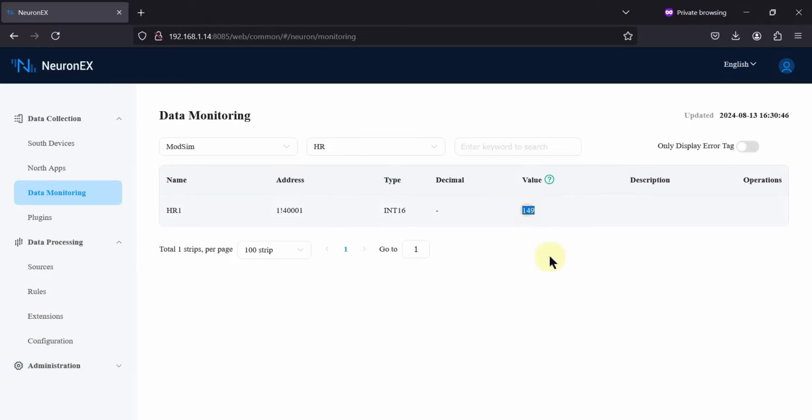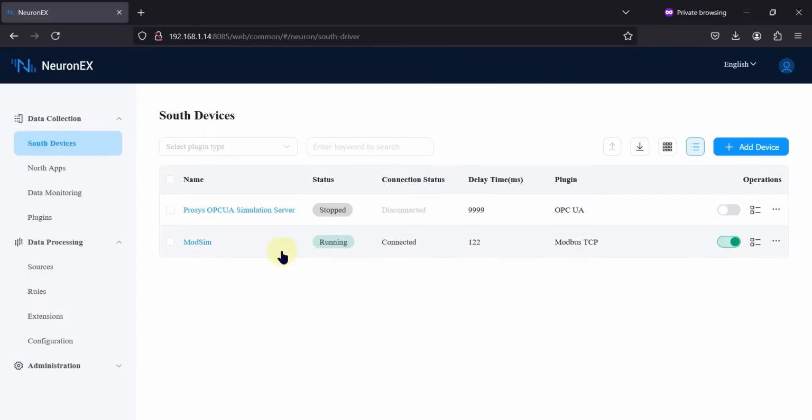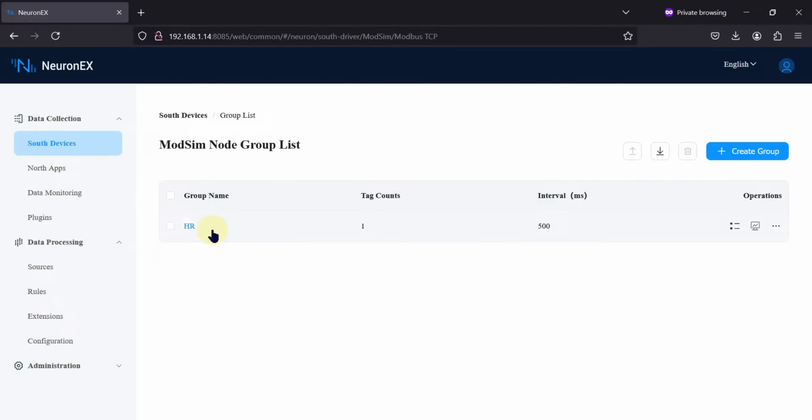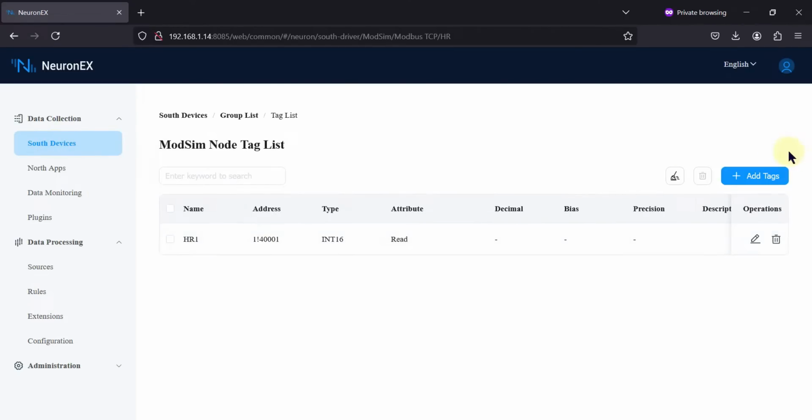Okay, you can see the value is updating. Okay, 149, 200. Okay, it's updating at certain interval. Okay, now if you want to add any other holding register, then you can again go to South devices. Okay, and you can click on more sim, you can click on your holding register group, you can click on